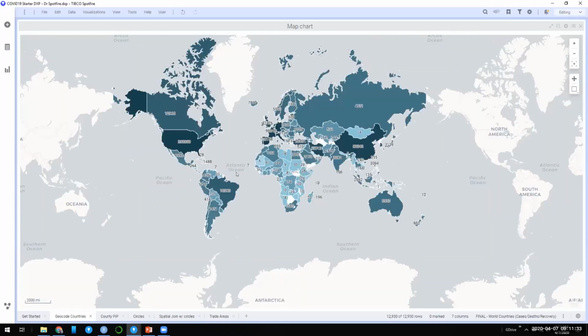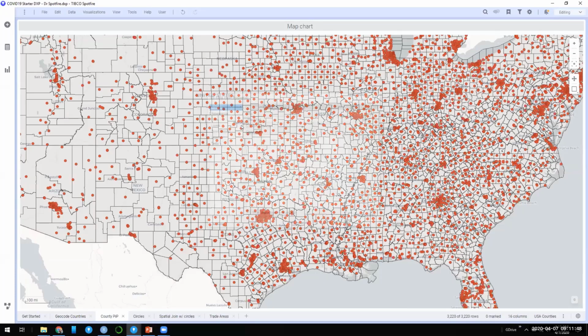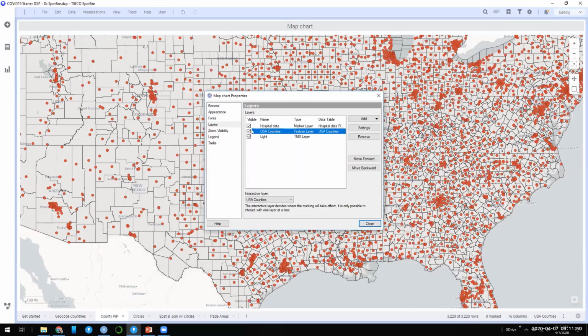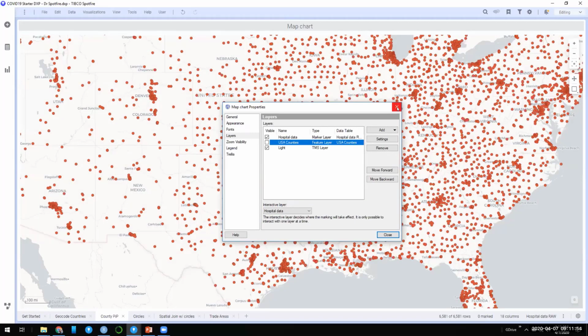So that's new in Spotfire 10.8. Next, I'm going to move on to some hospital data that we've brought in from an open source hospital data set. I have these counties in here. This is brought in from a geocoding table. I went ahead and prepped that, but